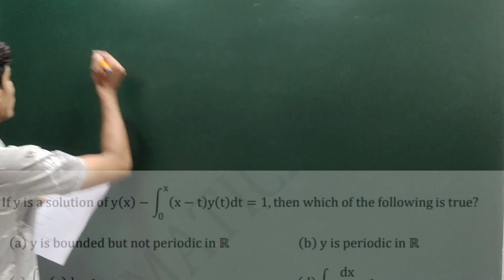In this lecture, we are going to discuss integral equation solutions of the CSIR NET June 2019 session. In that session, they have asked only two questions. One question is of 3 marks and the other question is of 4.75 marks. So the total weightage is 7.75 marks. So let us begin with the problems.